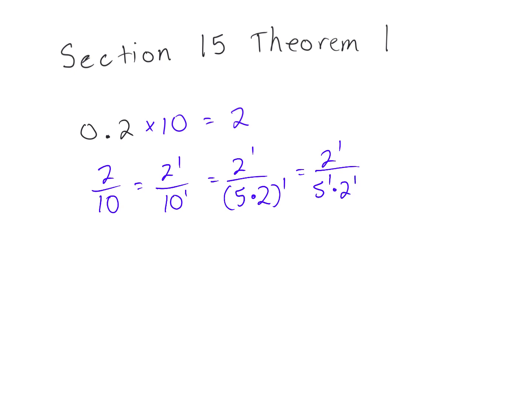2 to the first power over 2 to the first power simplifies to 1. So this can then finally be rewritten as 1 over 5 to the first power. Let's think of another example. So let's say